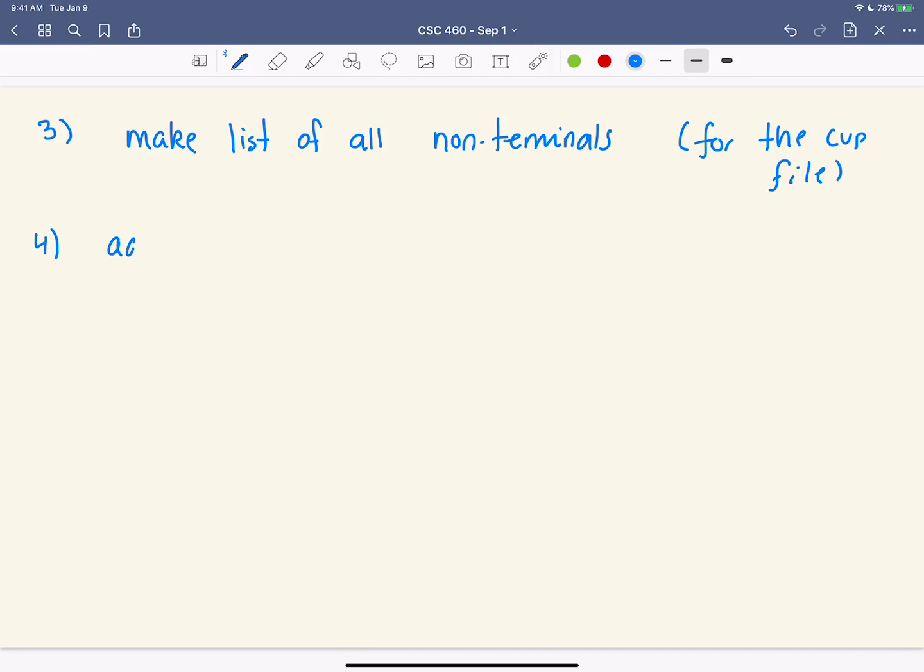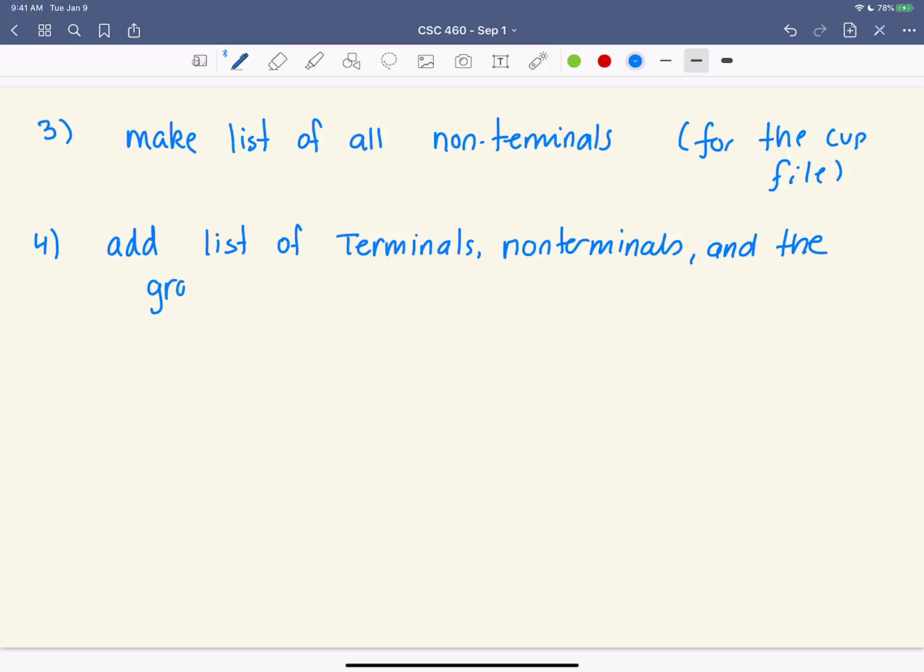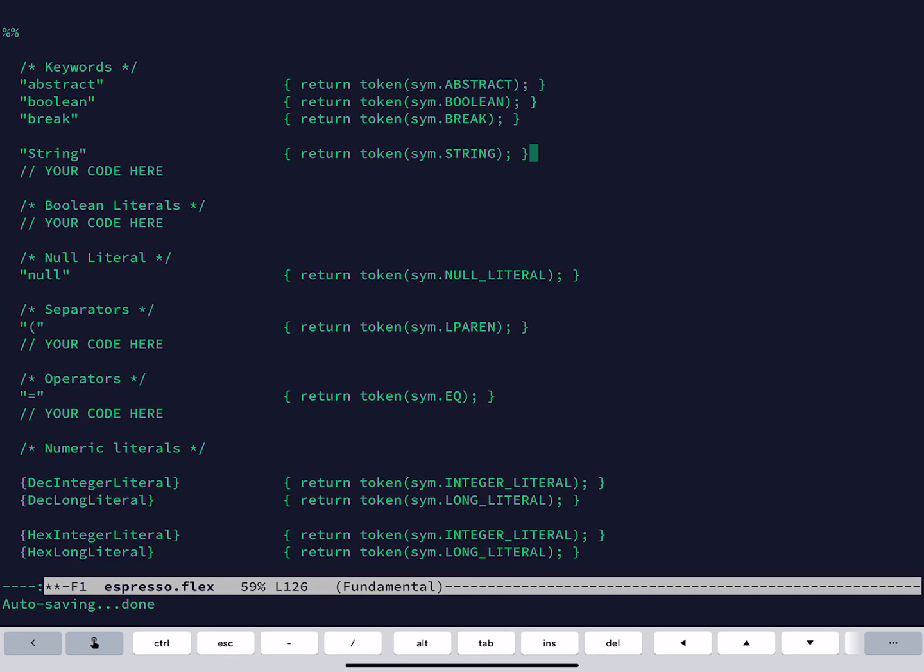Step 4, add list of terminals, non-terminals, and the grammar to the cup file. Now, we've looked at the scanner file, that's this guy here.